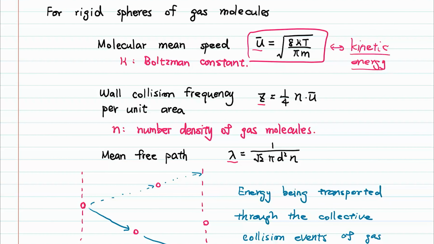Then the mean free path tells us the average distance where a gas molecule would collide with another one, or where collision occurs. And the frequency is basically a measure of the probability, or how often this type of collision is happening. So the three added together would give you some kind of idea, the macroscopic